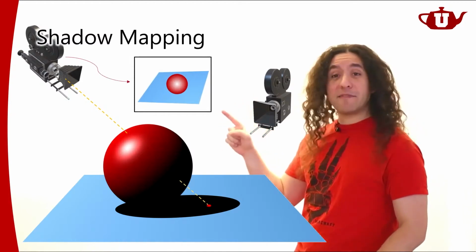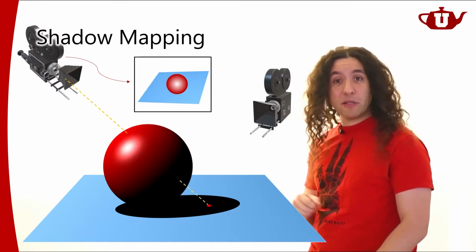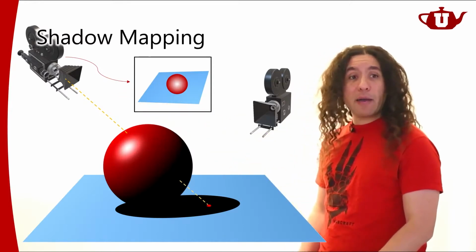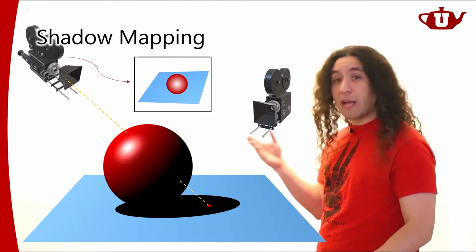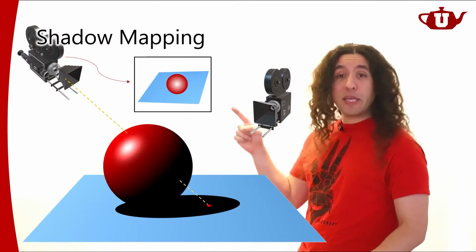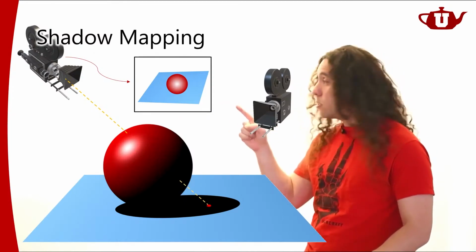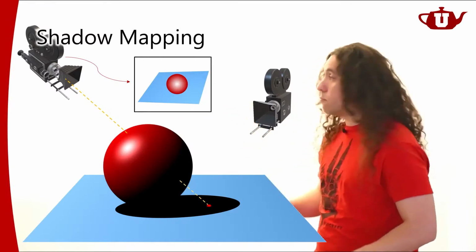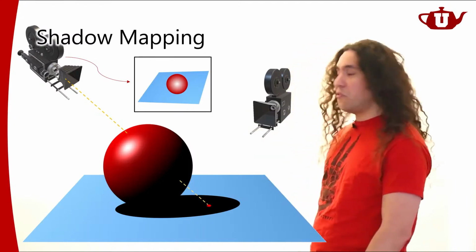Everything that's visible on this image is visible to the light source. That means I will be able to see light on those points, so they're not going to be in shadow. Any point here that is not visible to the light source, that's not visible on this image, will be in shadow. But by looking at this, how can I tell if a point is visible or not?